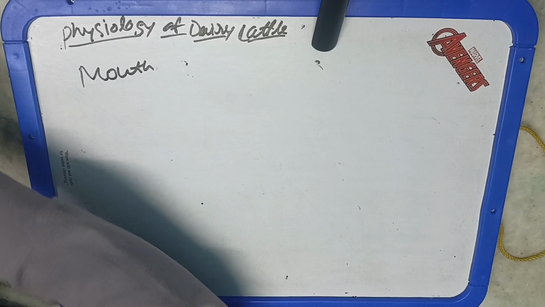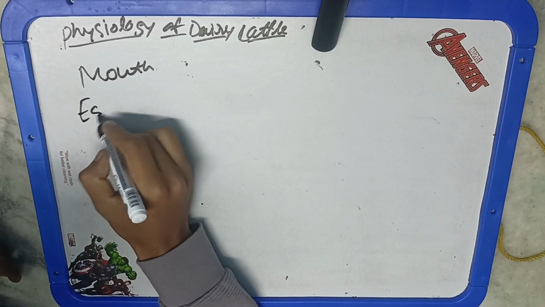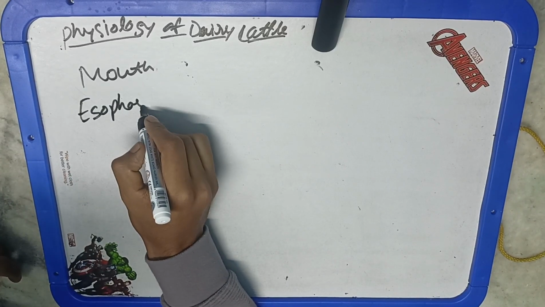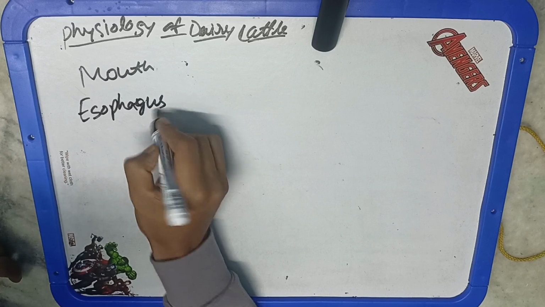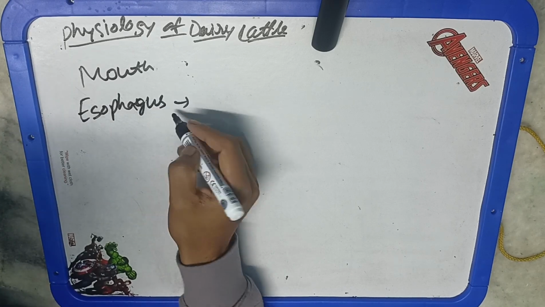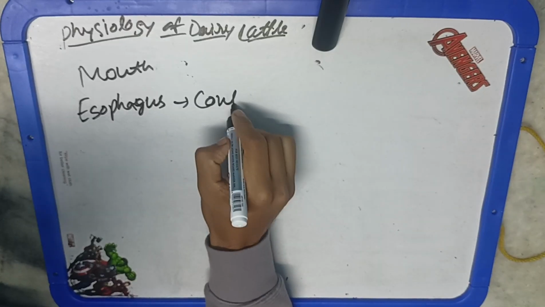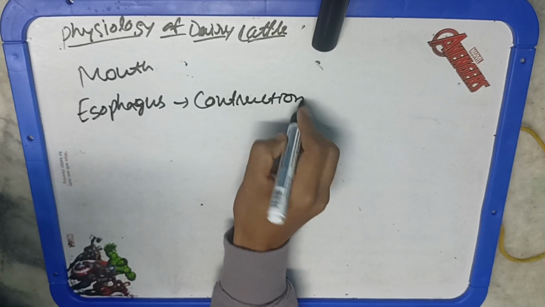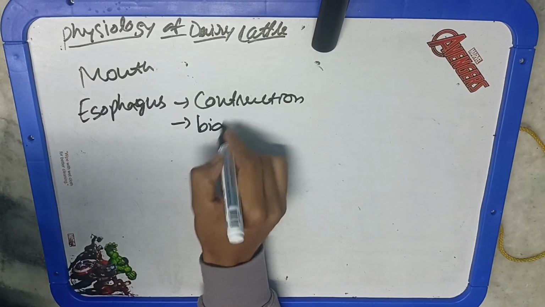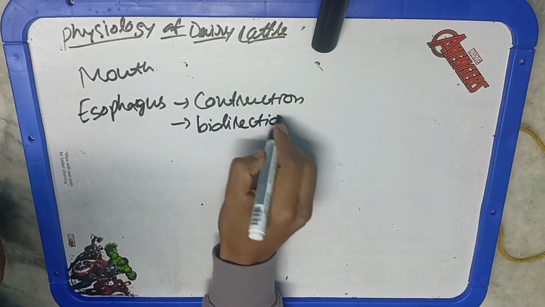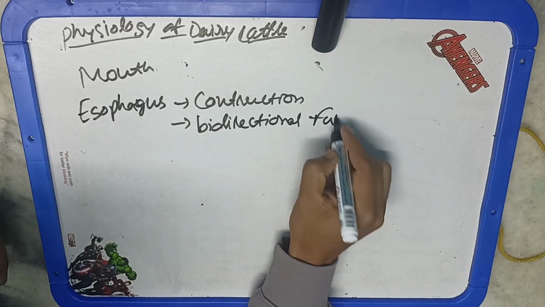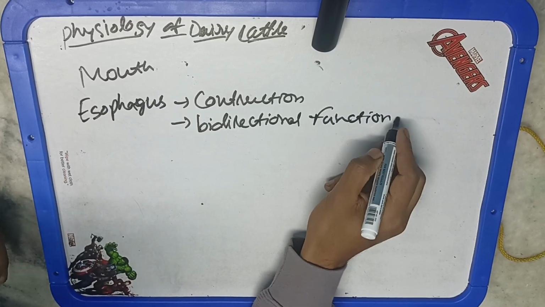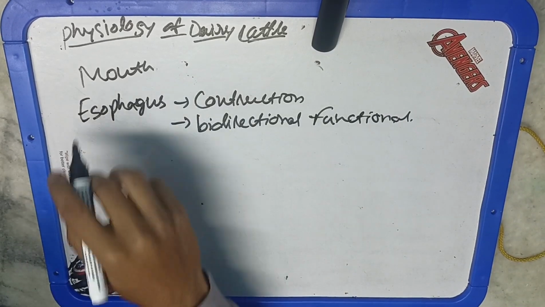Okay, so the esophagus is again a contraction just to move, or just to travel down the food from the mouth to the stomach. The esophagus has a bidirectional function, which is not common in human beings. Although there is a bidirectional function in human beings also, it is not regular. You know it very well. In human beings, there is one direction of movement. The other direction is generally in case of vomiting, which is not a general phenomenon.